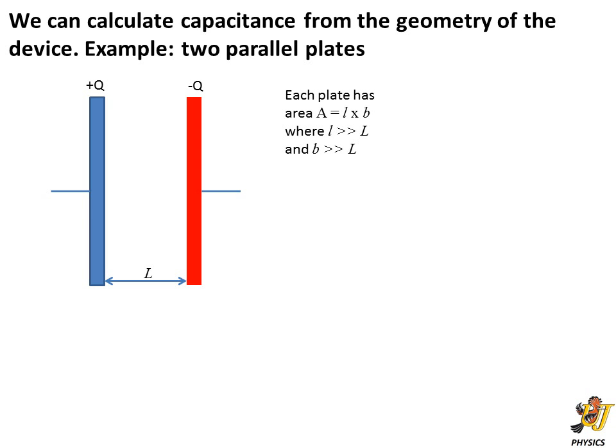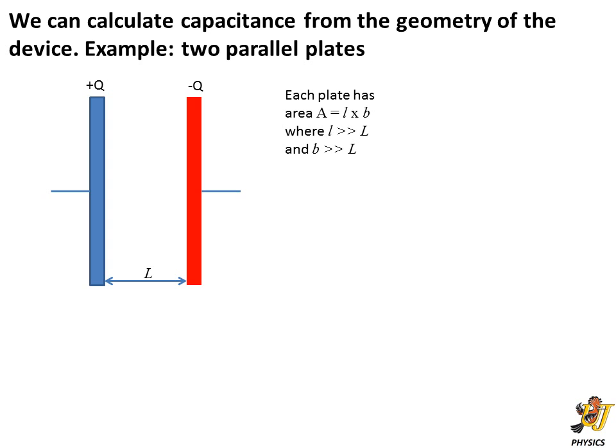A capacitor is a device that stores charge by virtue of two conductors, each connected to a different terminal of a battery or some other source of electric potential difference. The quantity that tells us how much charge we can store given a potential difference between these two conductors is